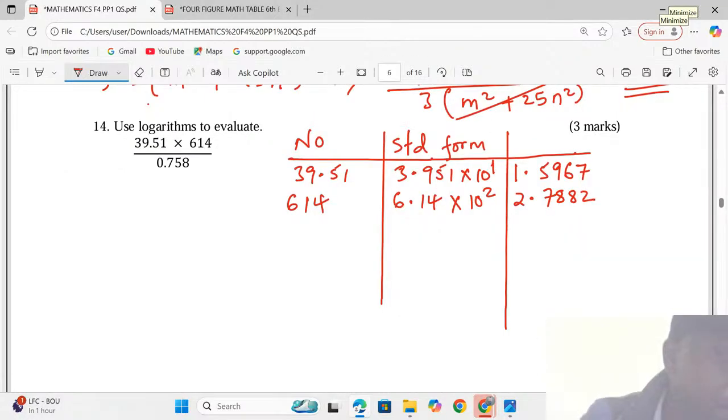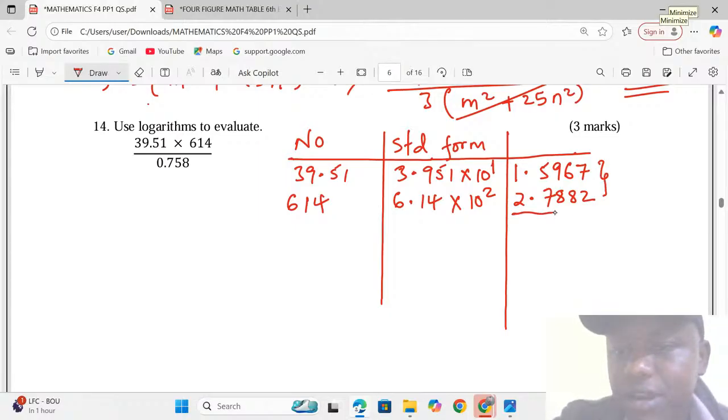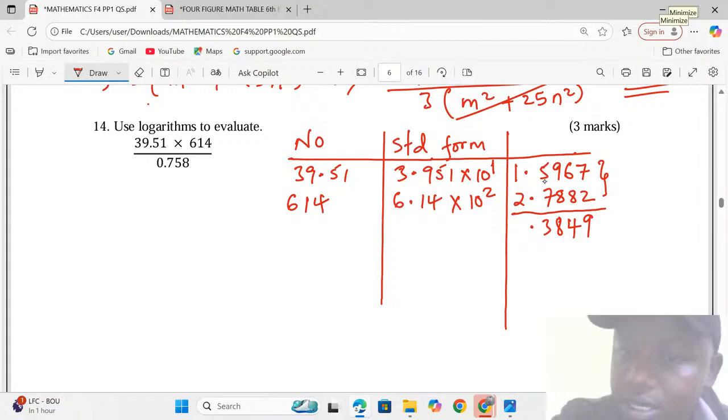Remember, the two numbers on the numerator have been multiplied. If numbers are multiplied, their logarithms are supposed to be added. So we add the logarithms. 9, 4, we carry 1. So 10, 8, we carry 1 once again. 13, we carry 1. This is going to be